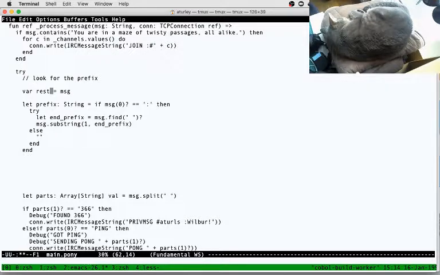So what I'm going to do here is I'm actually going to create something called rest. And so as we move through this thing, we're going to chomp off pieces of rest. I think this will make it a little easier to kind of follow what's going on. So I'm going to return